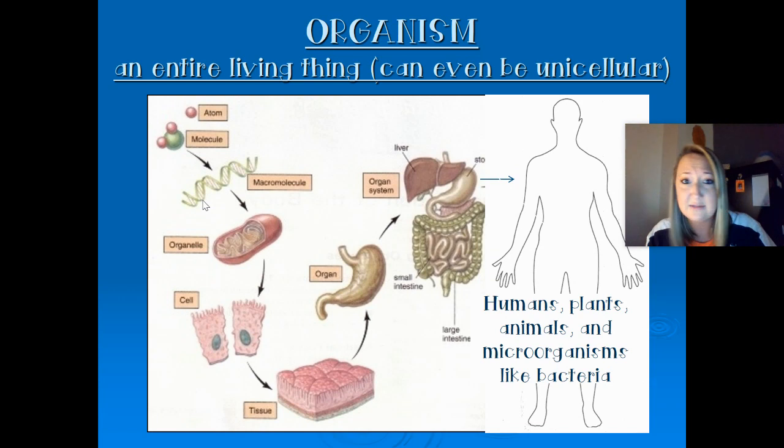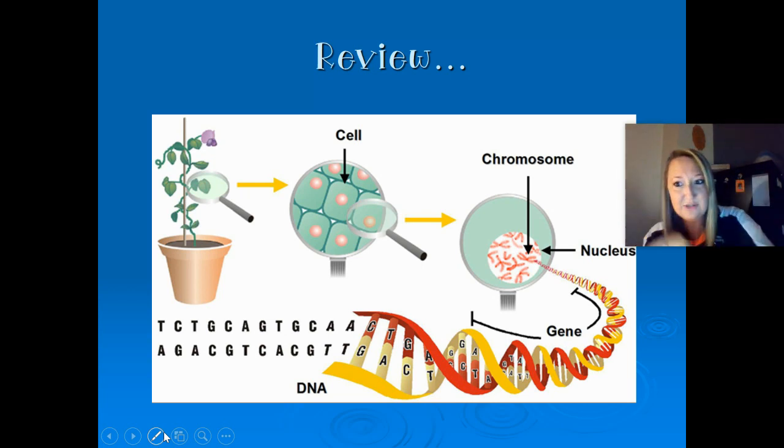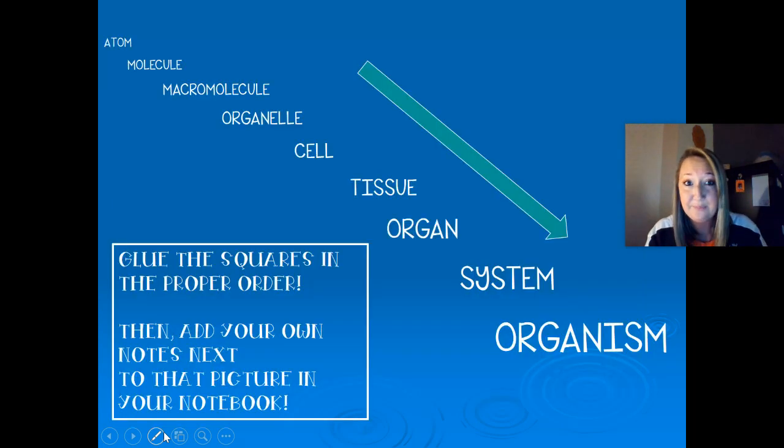So all organisms, an entire living thing, are made up of these levels of organization, things that are separated based on the jobs that they do. So we've got something really simple, right? We've got our DNA structure and the nucleus that make up chromosomes, right, in a cellular level, that make up a whole plant, right? So we can go biggest to smallest, or we can go smallest to biggest, right? So if you keep zooming in, you'll eventually get down to the nitty-gritty of each particular cell.